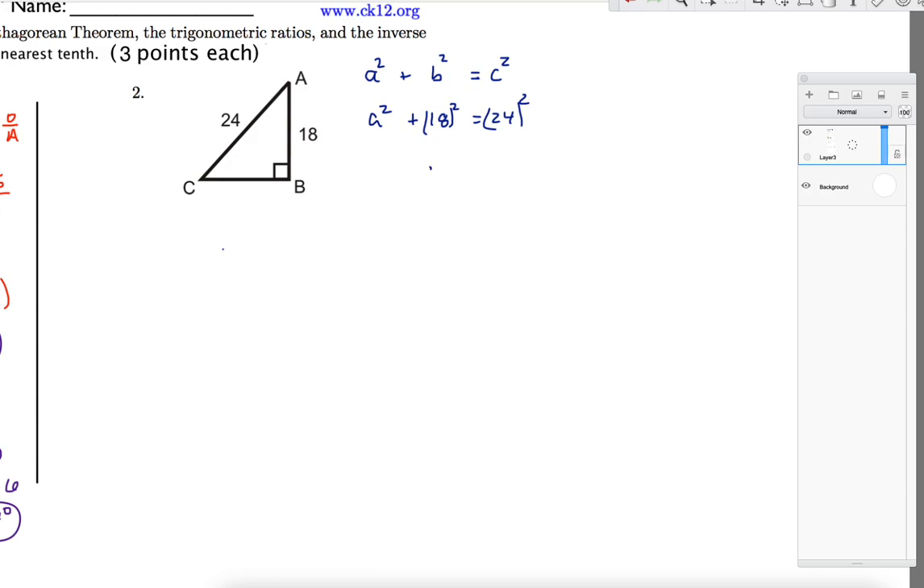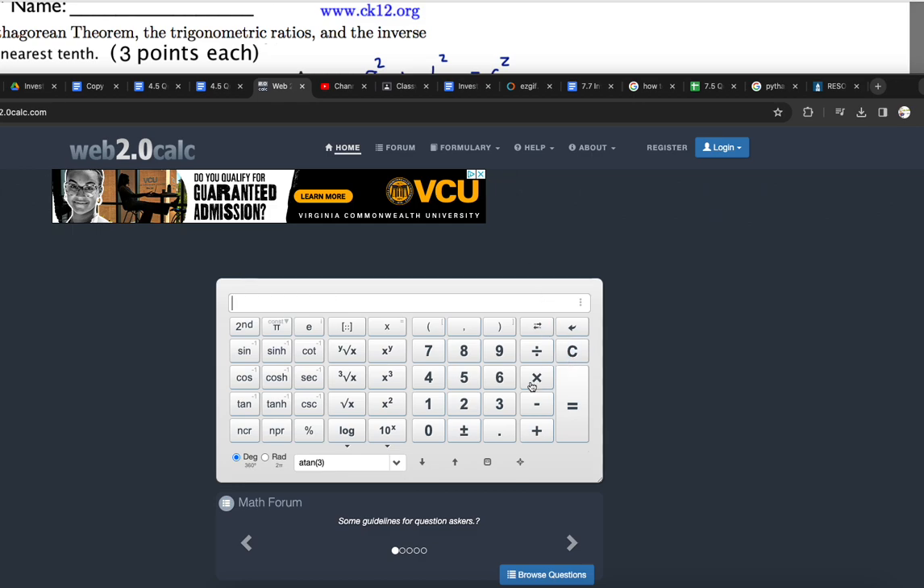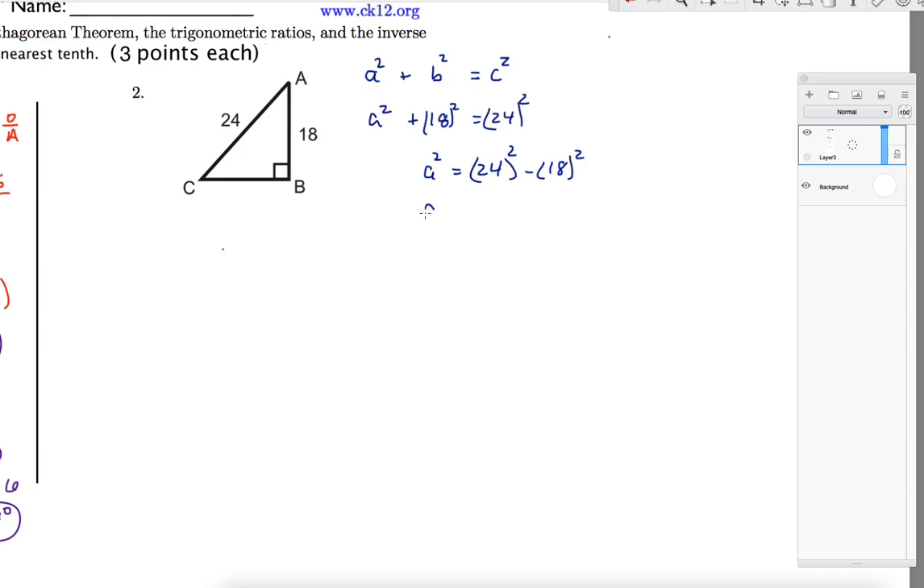How about I do it this way? Let's say a squared equals 24 squared minus 18 squared. I'll just do this on my calculator. 24 squared minus 18 squared gives me 252. So a squared equals 252, and I'm going to take the square root of that,